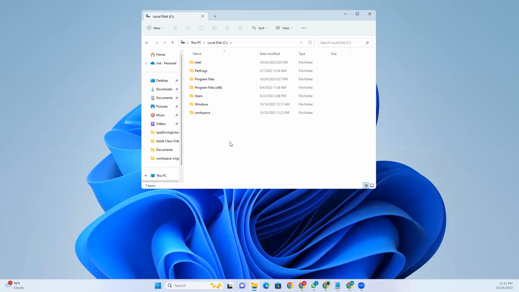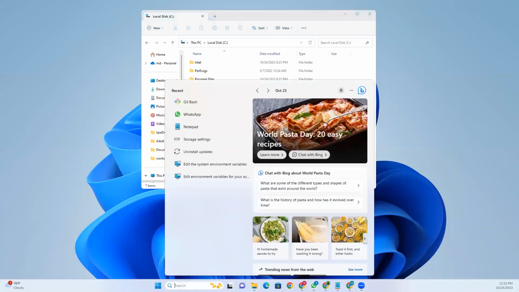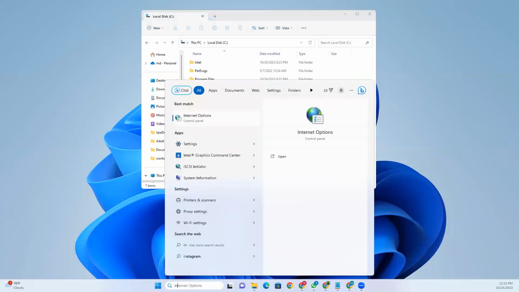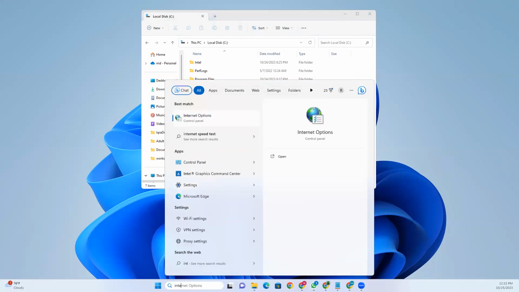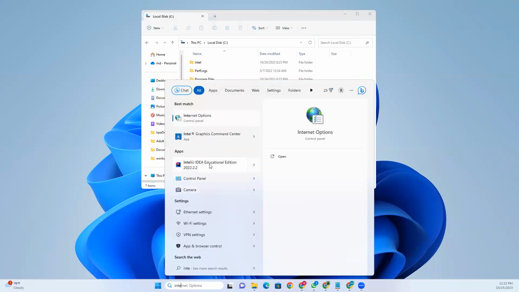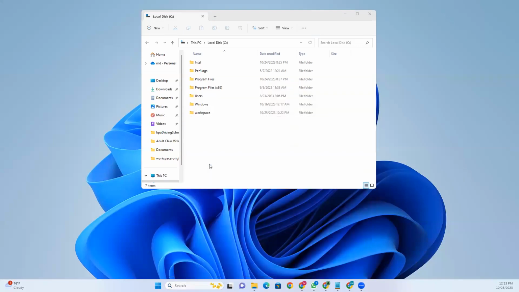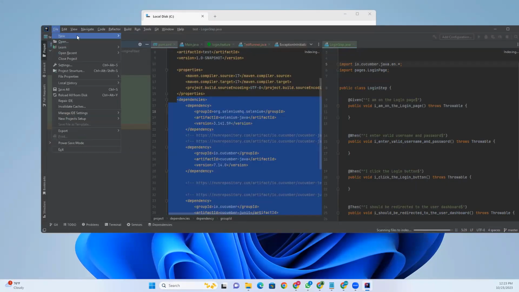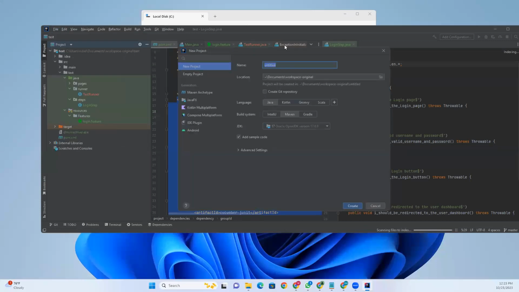Okay. So now I'm going to open IntelliJ. Then New Project. And under this project, I'm going to name it my first project, and the location, right? So the location we want to save in the C drive where we created a workspace